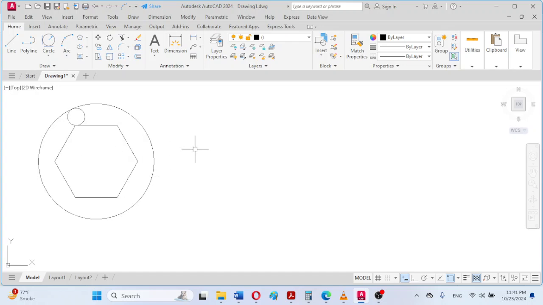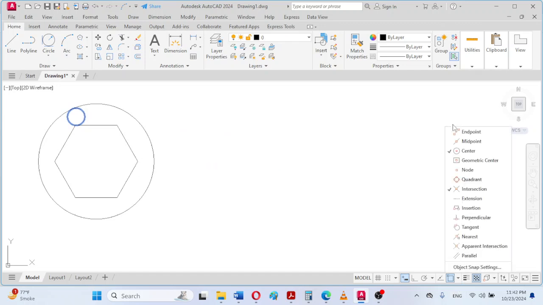In this way the tangent circle will be drawn, and we can either draw the tangent radius circle independently, or we can just mirror this circle. We will click on this, then we can either right click or press enter. Right click after selecting the object is equivalent to pressing enter from the keyboard. So I have right clicked here, and then